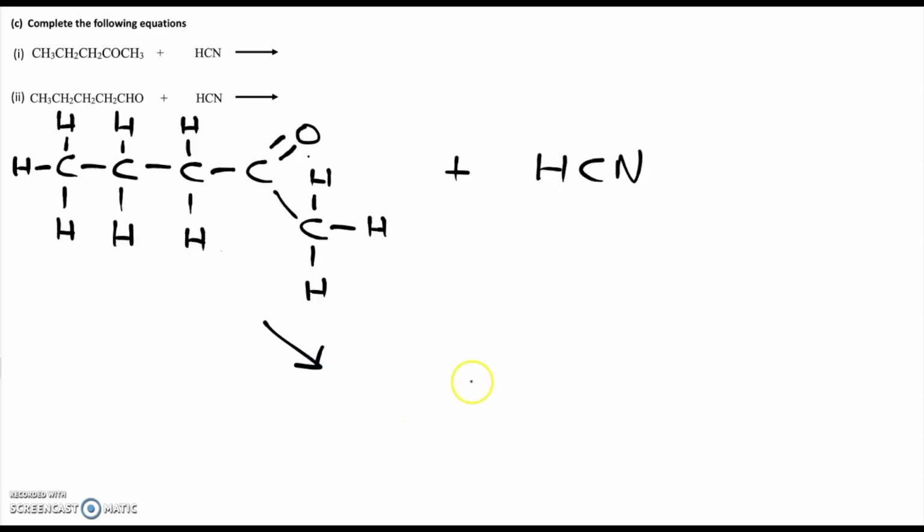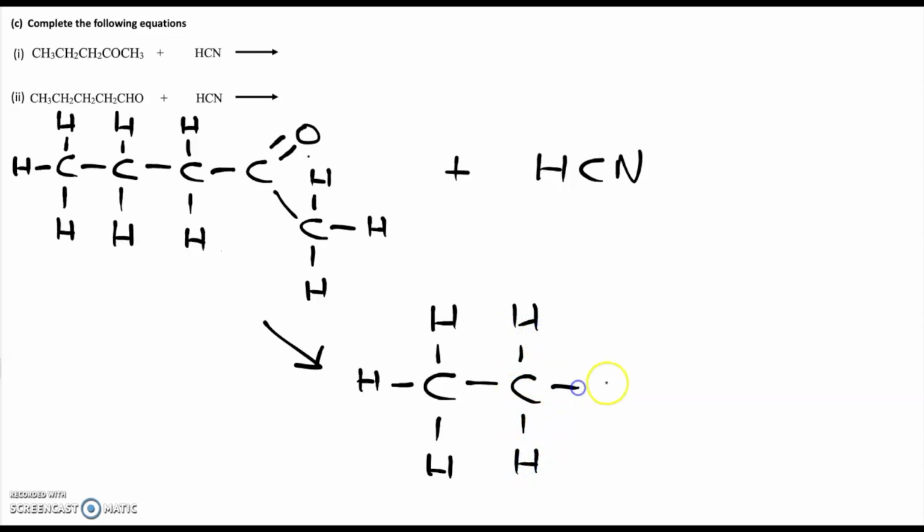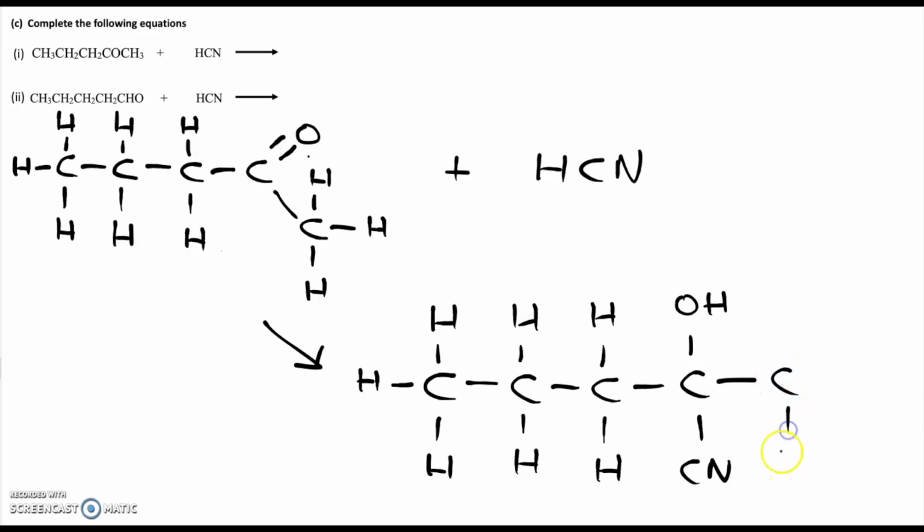So pentan-2-one reacts with hydrogen cyanide, and my product will have a CH3 group attached to a CH2, attached to another CH2, attached to a C, and this time the double bond is broken and becomes OH. The cyanide adds on to this same carbon as well, and then this is bonded to a CH3. So I formed my hydroxynitrile, and the name of this hydroxynitrile